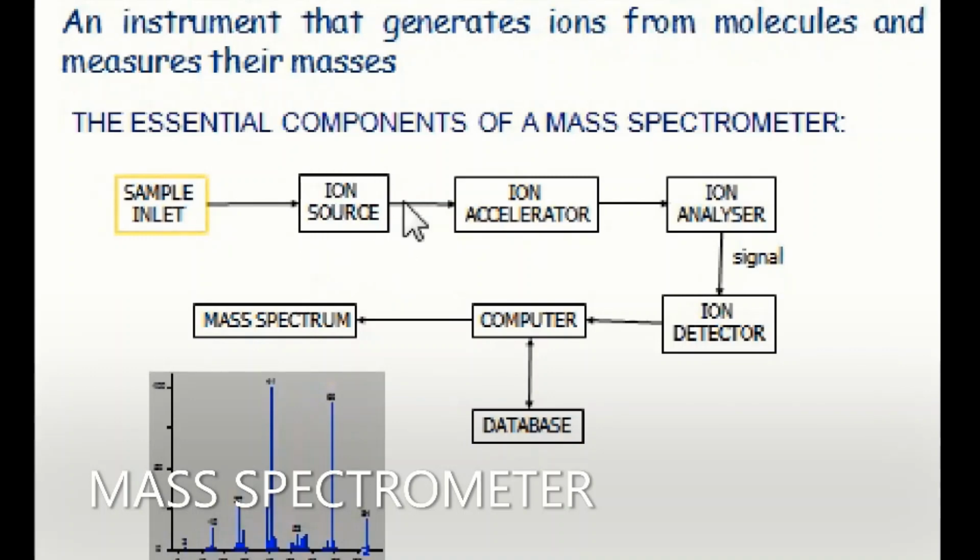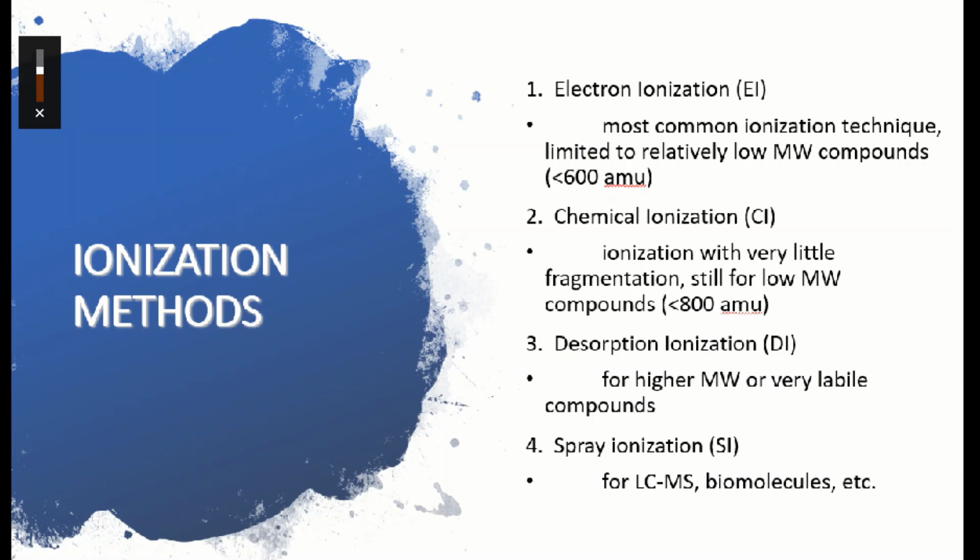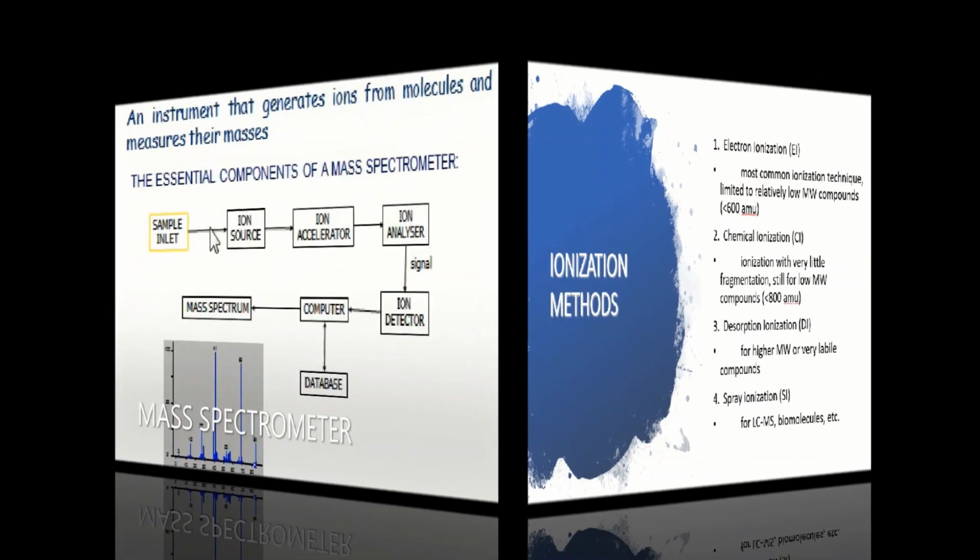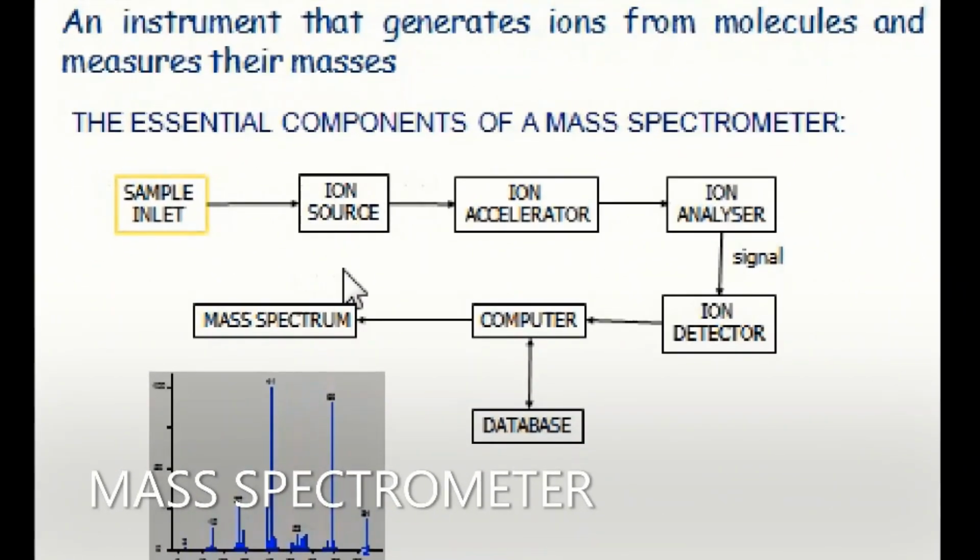So the ionization will differ according to the kind of sample. For example, if the sample is in the solid state, there are some desorption-based methods of ionization in which the sample is first made to volatilize, or it is heated and then ionized. There are other types of ionization as per the kind of sample we are going to introduce in the instrument. Once the sample has been introduced, the respective ionization method would be applied according to the sample. And the ionization chamber is going to ionize the sample.